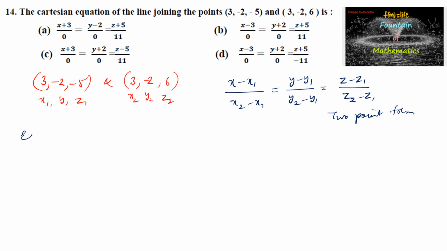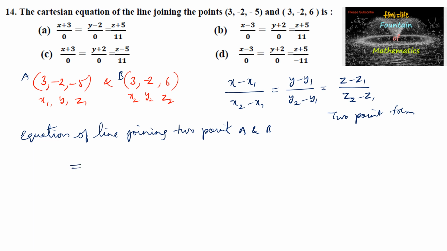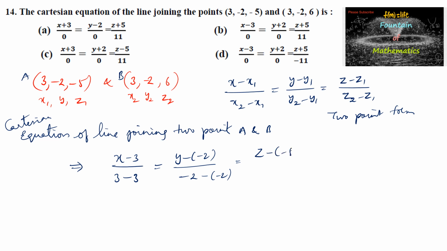So we can substitute here. Therefore, the required equation, that is the Cartesian equation of a line joining the 2 points A and B, is given by (x - x1), that is x - 3, upon x2 - x1, that is 3 - 3, (y - (-2)) upon (-2 - (-2)), and (z - (-5)) upon (6 - (-5)),